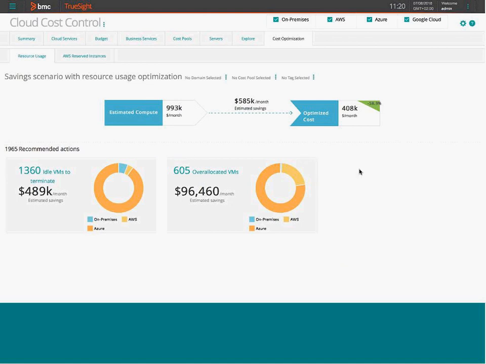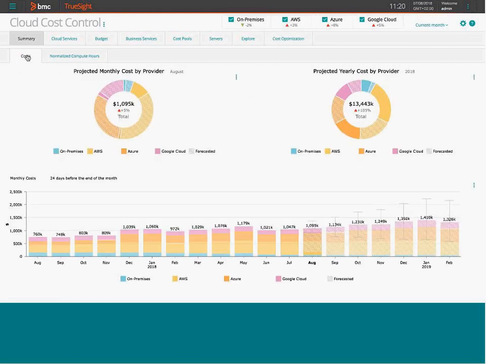This is still a work in progress, and we will come up with recommendations for things like storage going forward, and constantly adding to this. So I think that was pretty much the high-level overview that I wanted to give. To give you a feel for